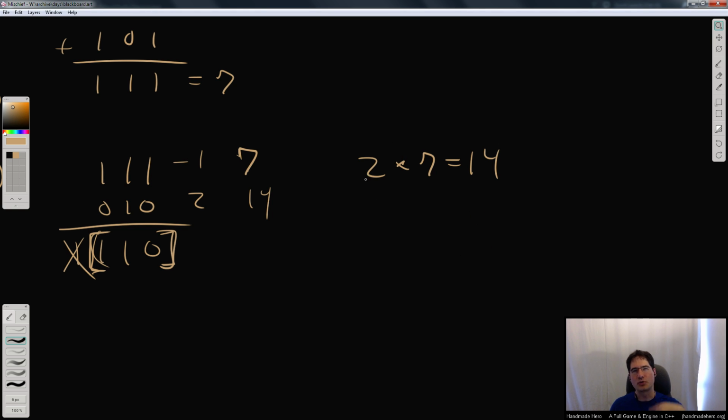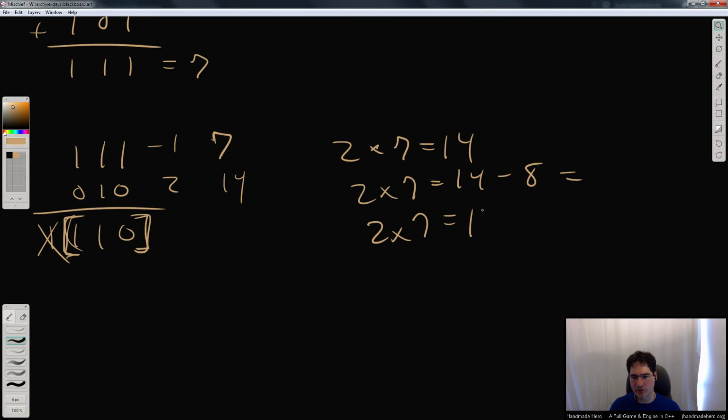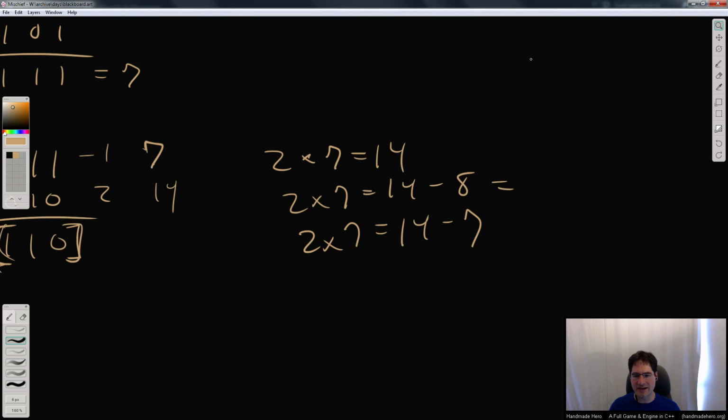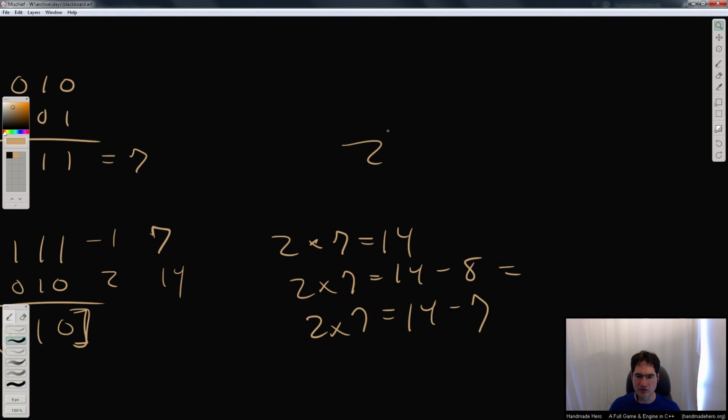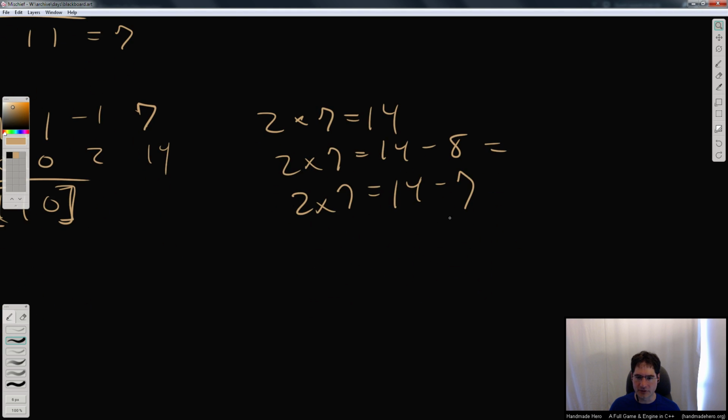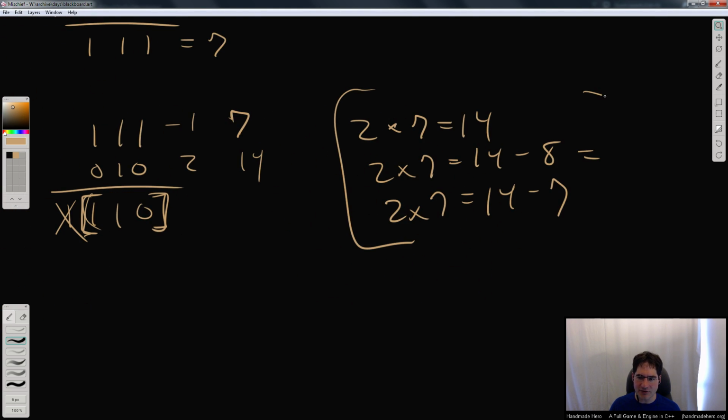But really, when you wrap, you're technically removing the whole thing. So it's actually 2 times 7 equals 14 minus 8 is the result you will get, right? Not 2 times 7 equals 14 minus 7, if that makes sense. So it's actually the full n of your bit encoding, whatever that is. It's 2 to the n for that bit encoding. So I don't know, that's kind of a little wonky,